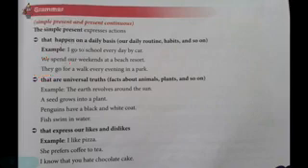Actions that are universal truths. Universal truth means it is a fact. We know what a fact is. A fact is something which cannot be changed. See the example. The earth revolves round the sun. So can we change that? No, we cannot change that. It is a truth and it is a fact. So we use only simple present tense.